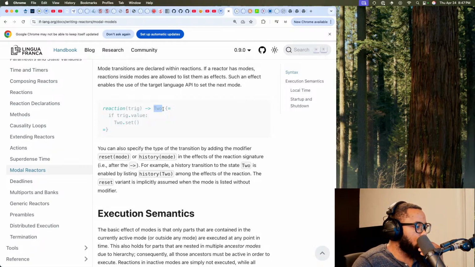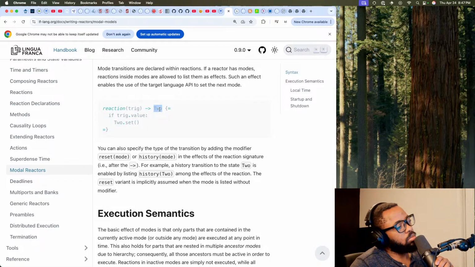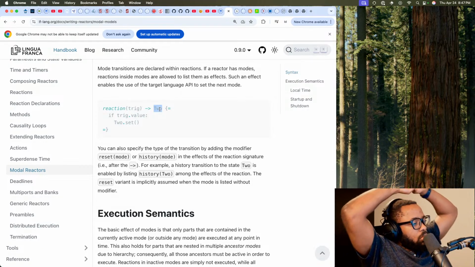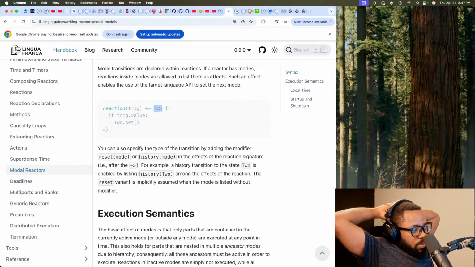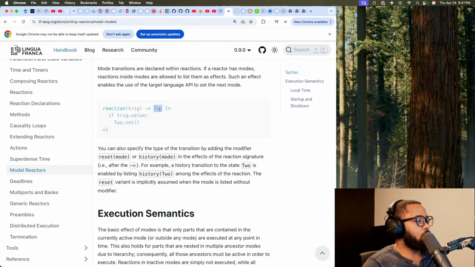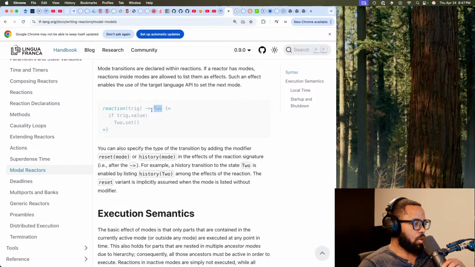Okay. So normally this will be an output port, usually, if there is a side effect on a reaction, but you can also specify a mode as a target or as a side effect, which basically symbolizes a transition from one mode to another.